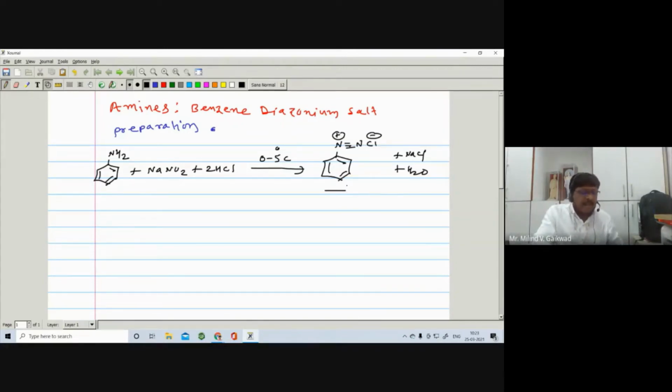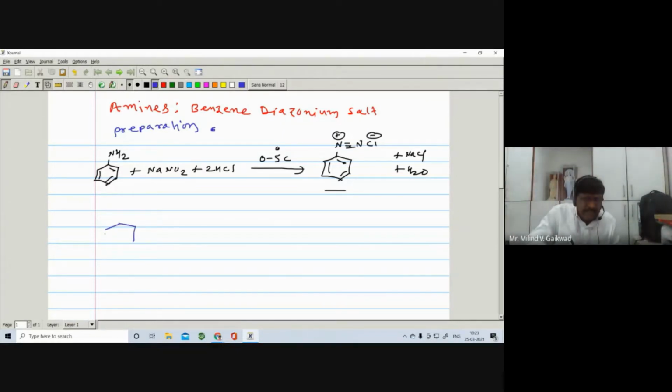So this can also be given by the mechanism, where there is a formation of nitrous acid or NO positive as an electrophile, and you are getting such a benzene diazonium salt. We are not learning its mechanism, but this benzene diazonium salt, when you treat it with a nucleophile,